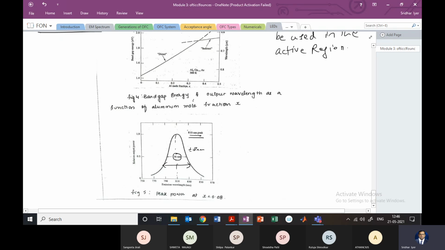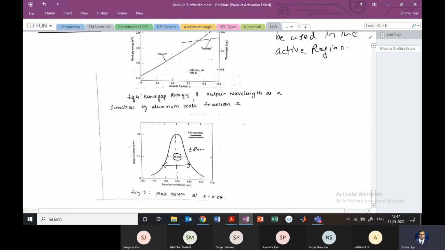And this will depend on the kind of material that we use. Many materials have been used to make such compounds which will work as direct band gap energy, and the spectral width can then be lowered, right? We want the LED to work at only a particular wavelength, right? So I'll just give you the different materials. We are not going into the chemistry aspect of the materials, but we just want to see which kind of materials can be used, right?